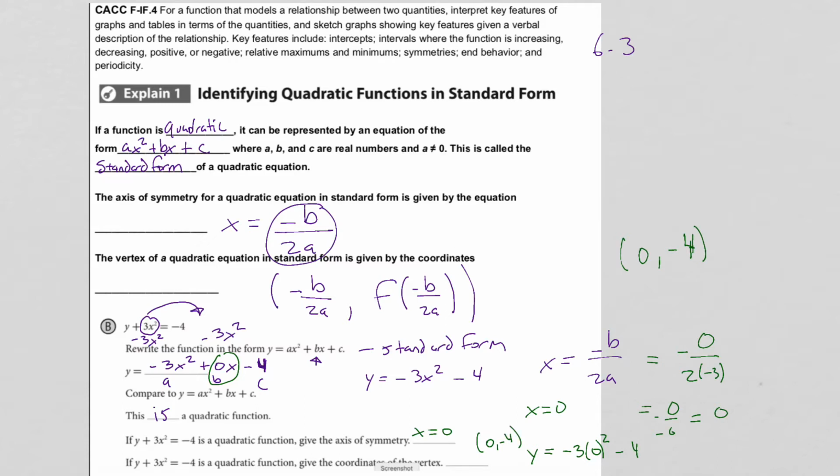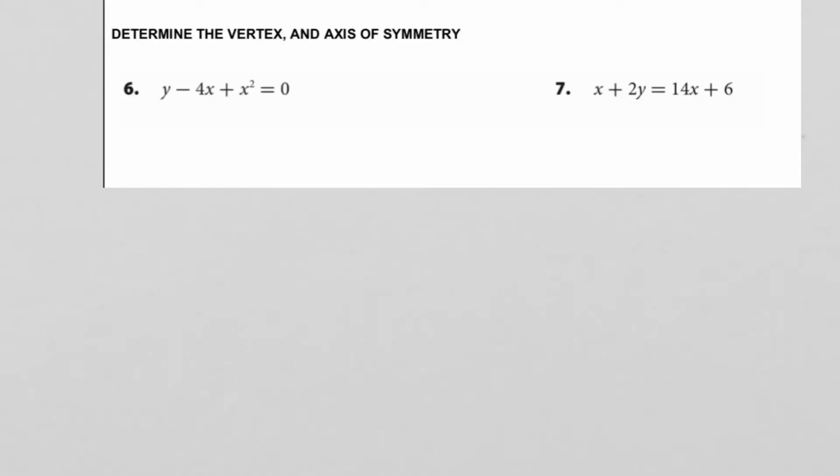So let's try another example, because I know this seems a little goofy, but these should be future posters on the wall. So now let's try some more, right? We have to remember we're looking for negative b over 2a, comma, f of negative b over 2a. And all that simply means is whatever I find here,